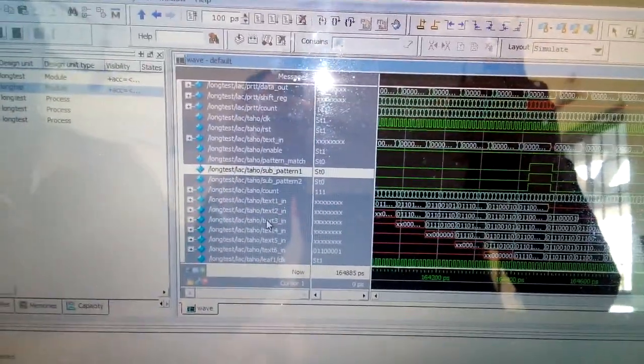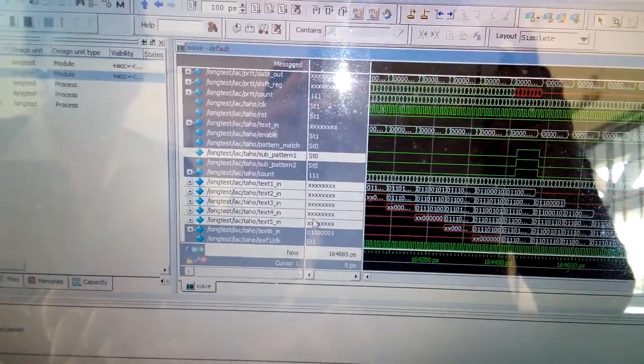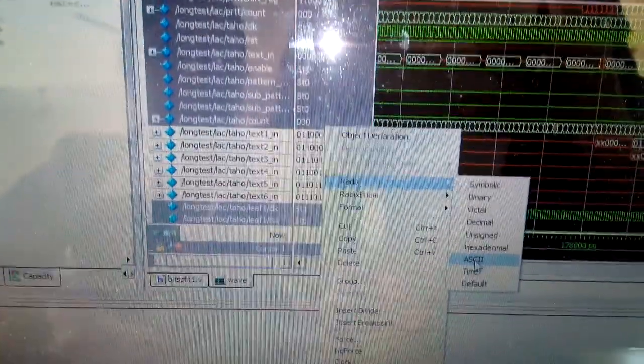As we did for the biological application, the same procedure has been used for the different code, that is, for the networking application. So this is the simulated output of the networking application. These are the virus patterns that are in the networking. The input file is on the left side, and that is selected and converted into an ASCII value, and the pattern matching is done here.